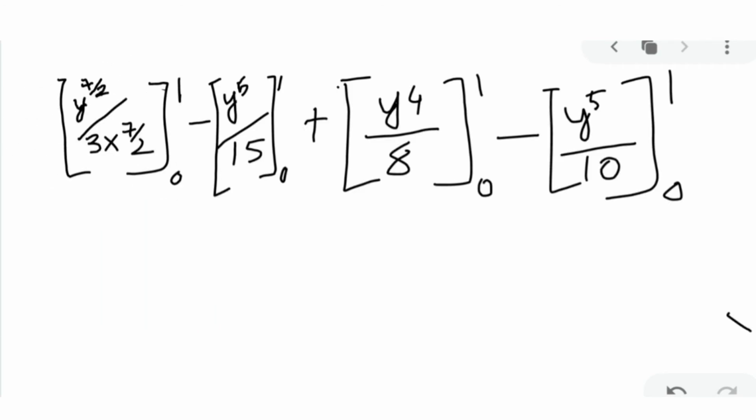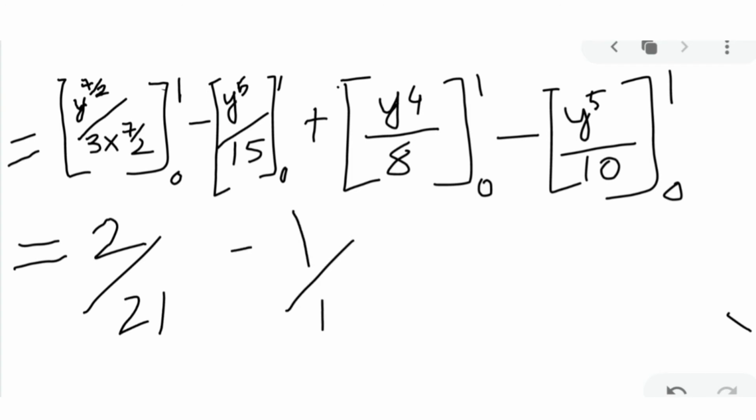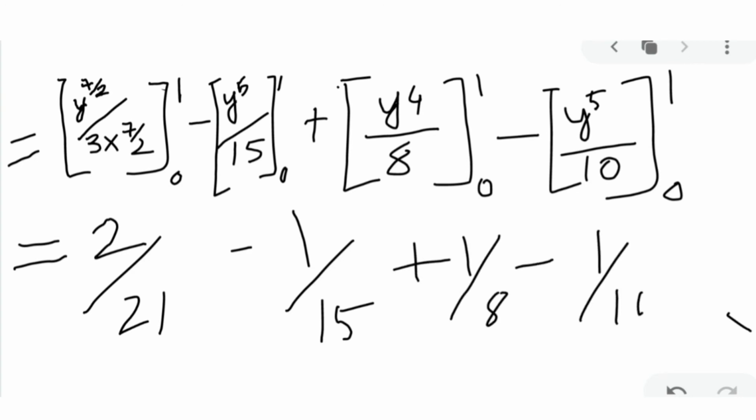So this is what we get by integrating, and then now we will be putting the limits like this, and then here we will have 2 by 21 minus 1 by 15 plus 1 by 8 minus 1 by 10. So now by evaluating these values, we will be getting